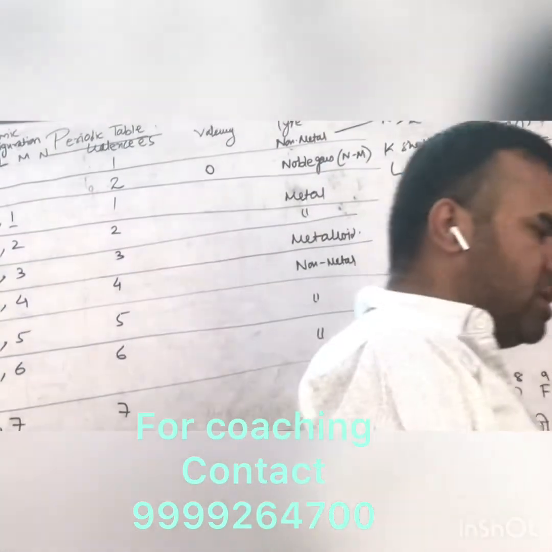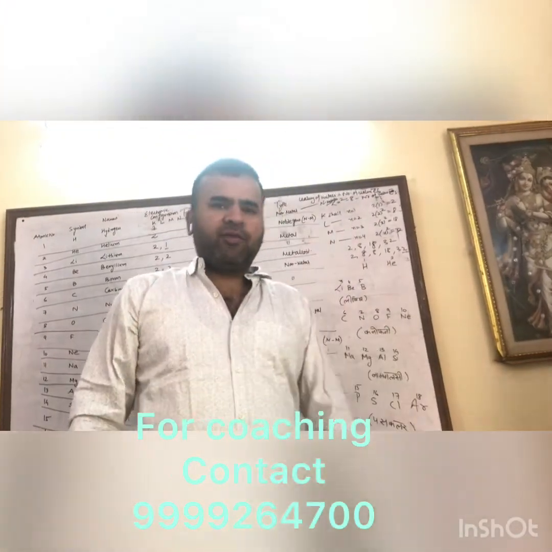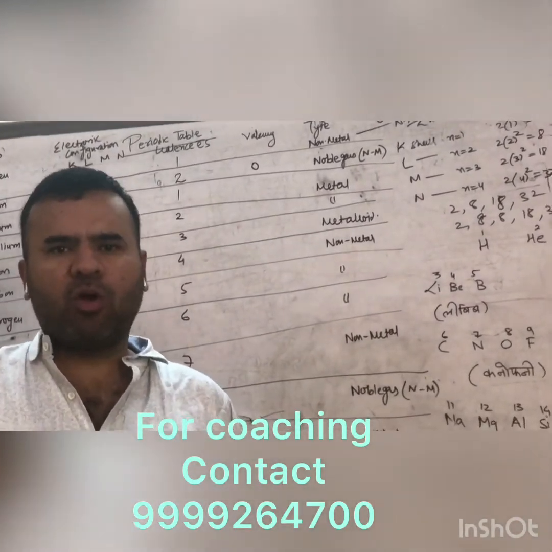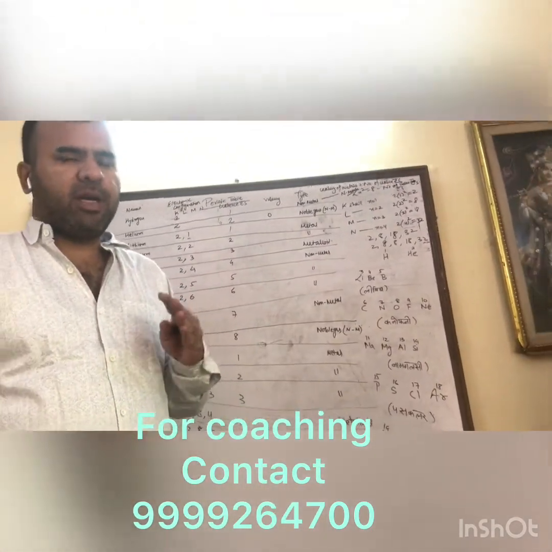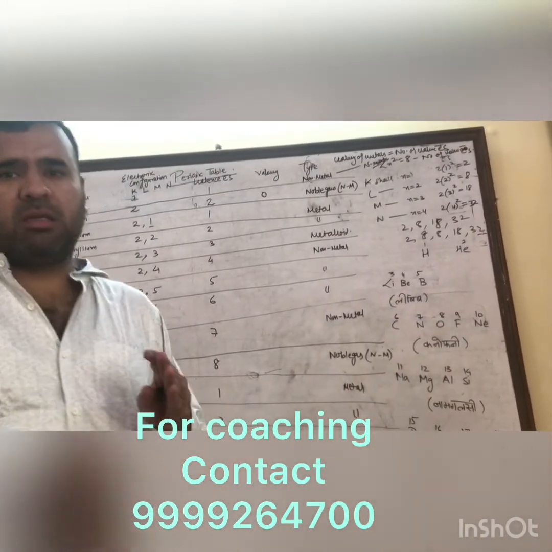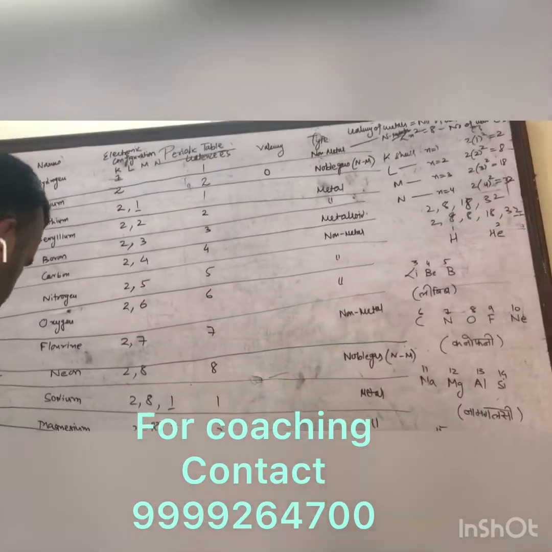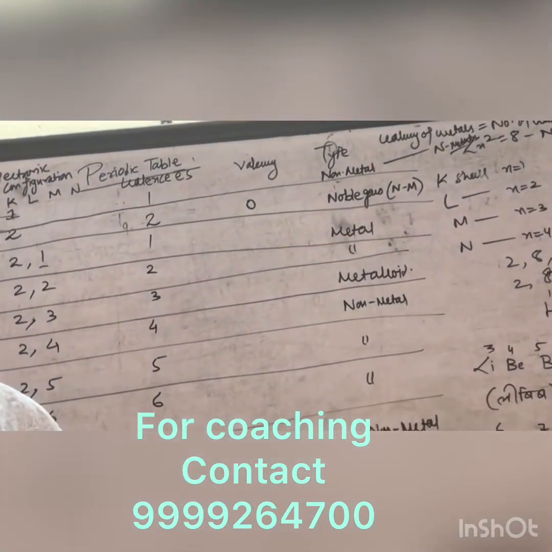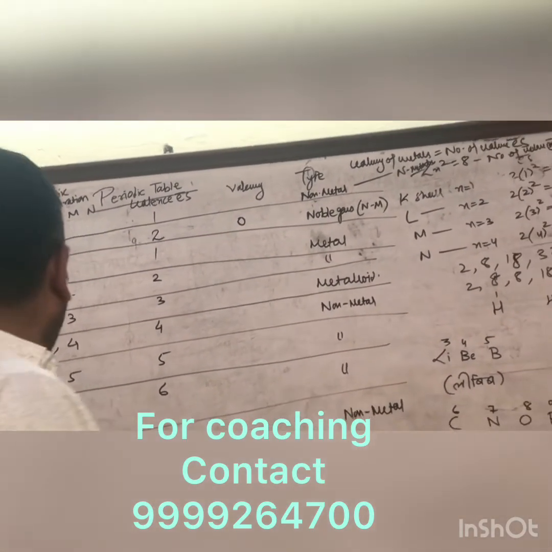Valency is of two types, electrovalency and covalency. We'll study electrovalency first. The definition of electrovalency, commonly known as valency, is the number of electrons lost or gained to achieve the nearest inert gas configuration. Why are elements losing or gaining? Because everybody wants to achieve the state of these noble gases. Here the noble gases are helium, neon and argon. So all metals and non-metals, by losing or gaining electrons, want to achieve this state of noble gases. That's why they are losing or gaining electrons.